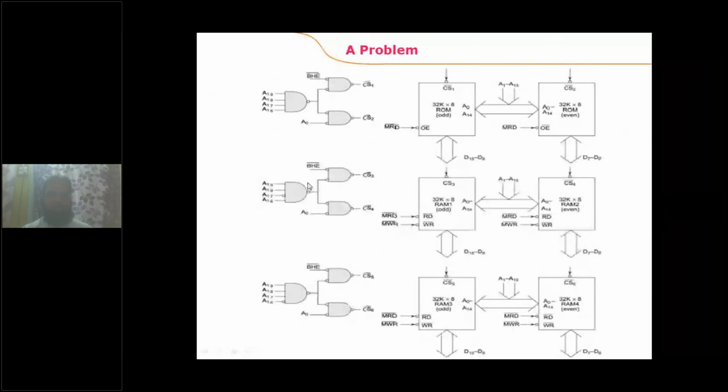And this 0 is passed over to the second level NAND gate, and for the second level NAND gate, this 0 will be converted as 1. And for the first NAND gate, the BHE bar signal is connected, and for the second NAND gate, A naught is connected. So this NAND gate generates a chip select signal for the odd bank, and this generates a chip select signal for the even bank.